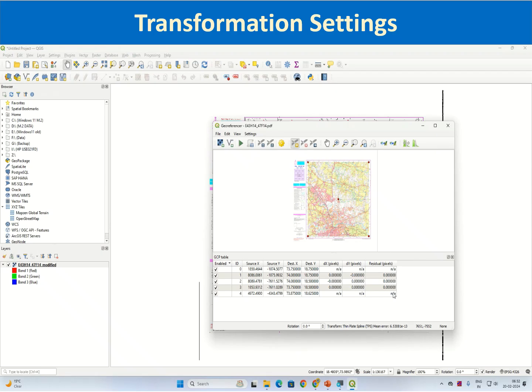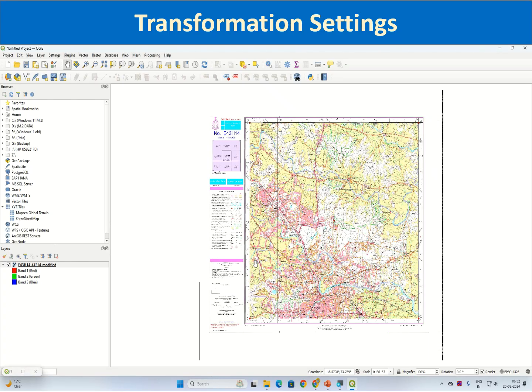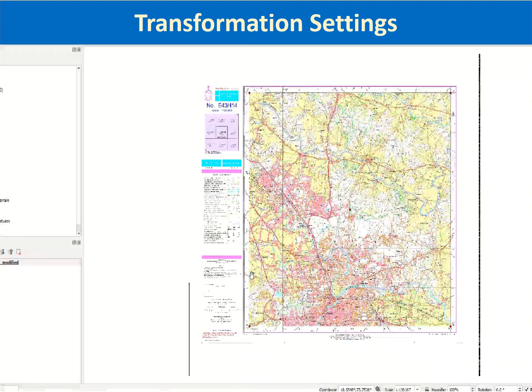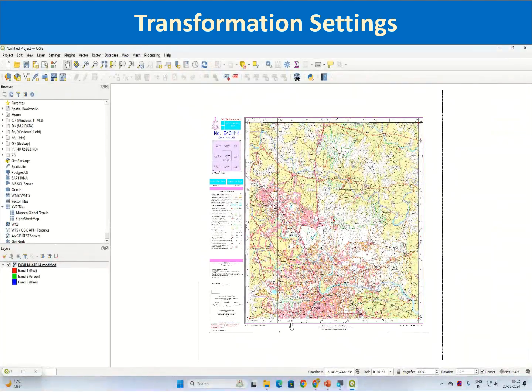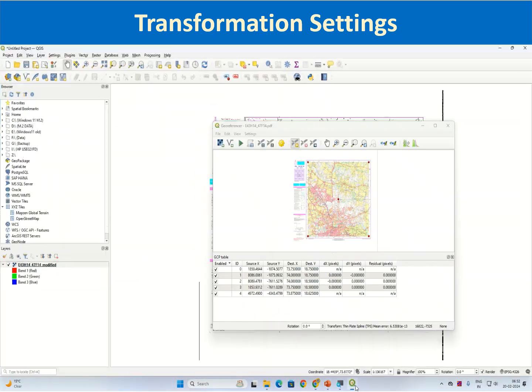So you should keep it as minimum as possible. If you are going for more ground control points, it will come down. So now the georeferenced raster is loaded in the main map canvas area. You can close this georeferencer window,